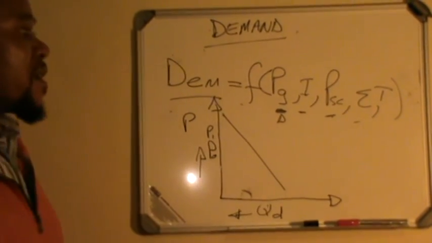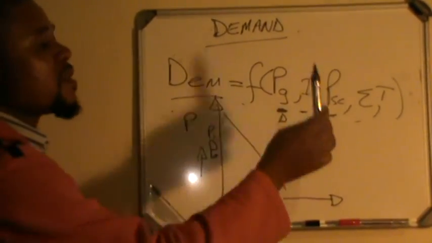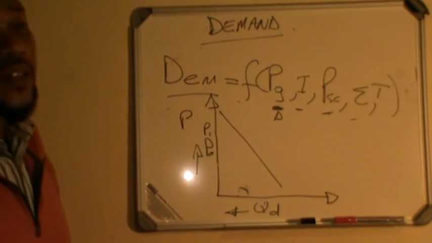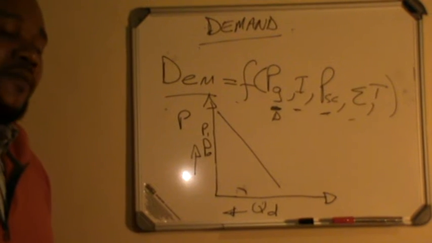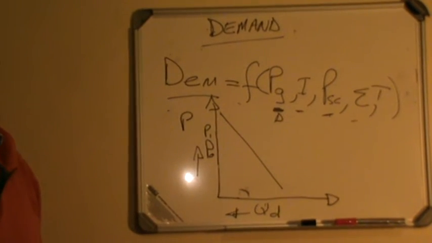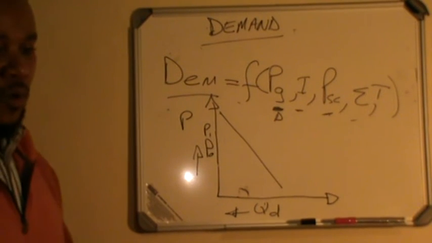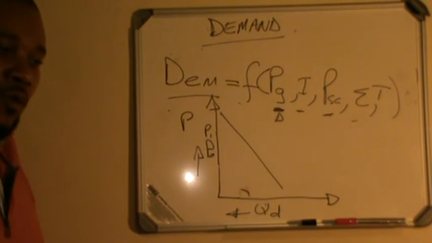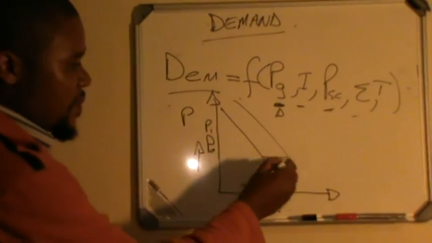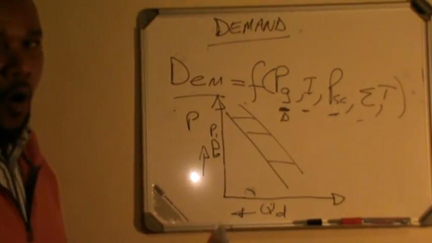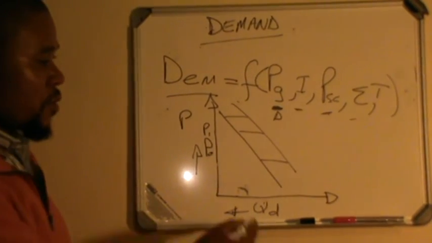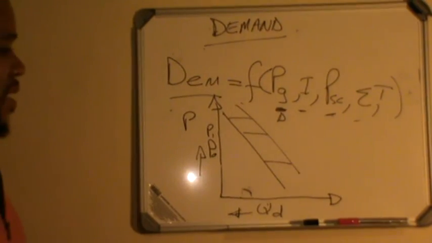So if this is our demand function, what do you think is going to happen when the prices of competition, substitutes, say, increase? Well, like I said, if you love Joko, but the price of Joko goes up, well, there's going to be more demand for the good whose price has remained the same. So again, we expect the whole demand curve to shift. So more quantities of that good at the same price would be demanded.